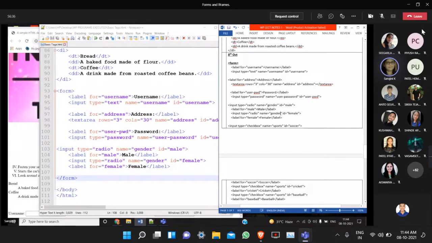It denotes that the male belongs to one set of radio buttons, and the female belongs to a different set of radio buttons in the same HTML form. That is not your intention. Under gender, both male and female should come, so both should be given the same name. I hope you all noted.